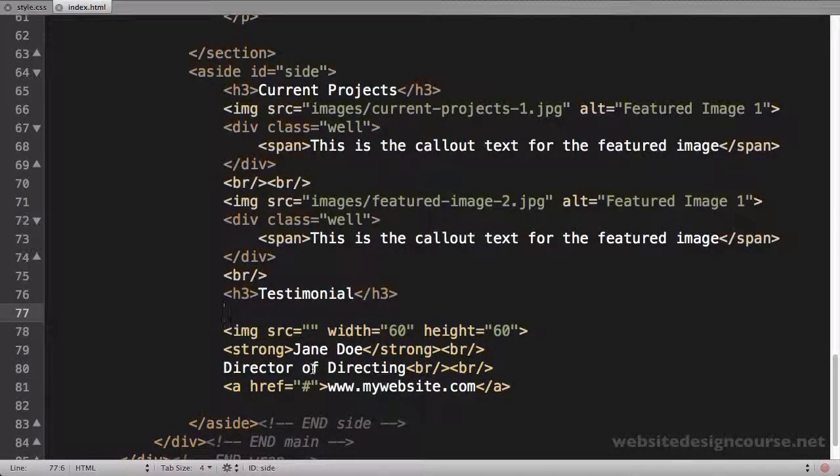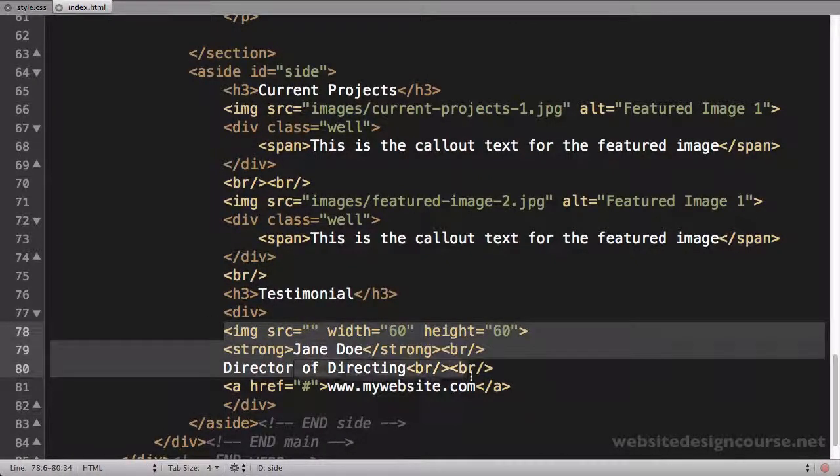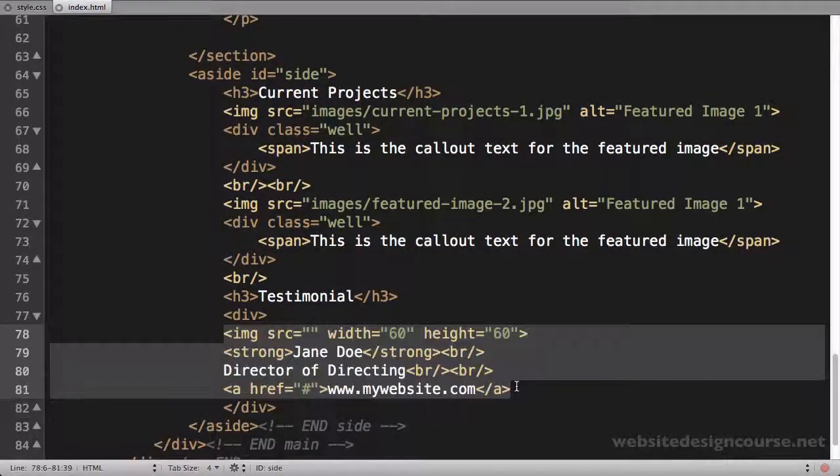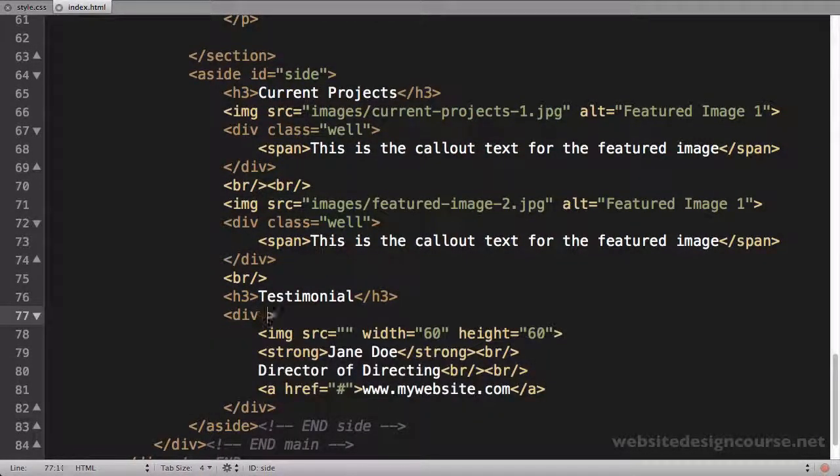Now I'm going to put all of this testimonial code, if you will, inside of a div. So I'll create a div and I'll close this div. Whoops, tab that over, and then all this code should be tabbed over once. And I'll just call this class equals testimonial. Just in case we had multiple testimonials, we could easily just apply this class to get the formatting we want